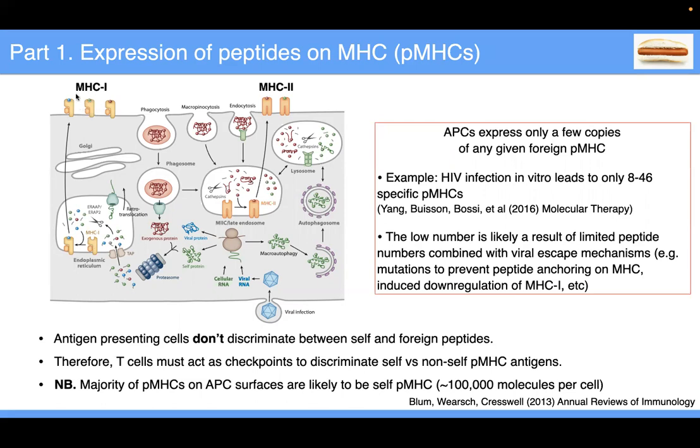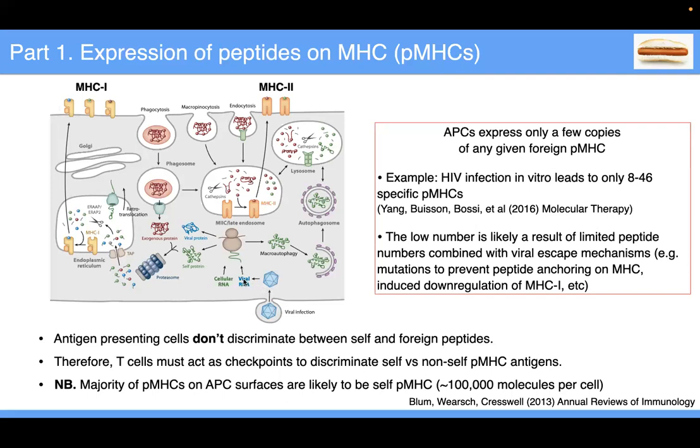And the way you should think about the structure of these MHCs is kind of like a hot dog in a bun, where the MHC molecule is kind of like the bun, and the peptide is the hot dog. Okay, and these MHC molecules basically present these peptides to the outside world. And the idea is that these peptides on these MHC molecules provide a snapshot of what kind of proteins that cell is currently producing. And so you can imagine that if a virus, shown here in blue, infects a cell,